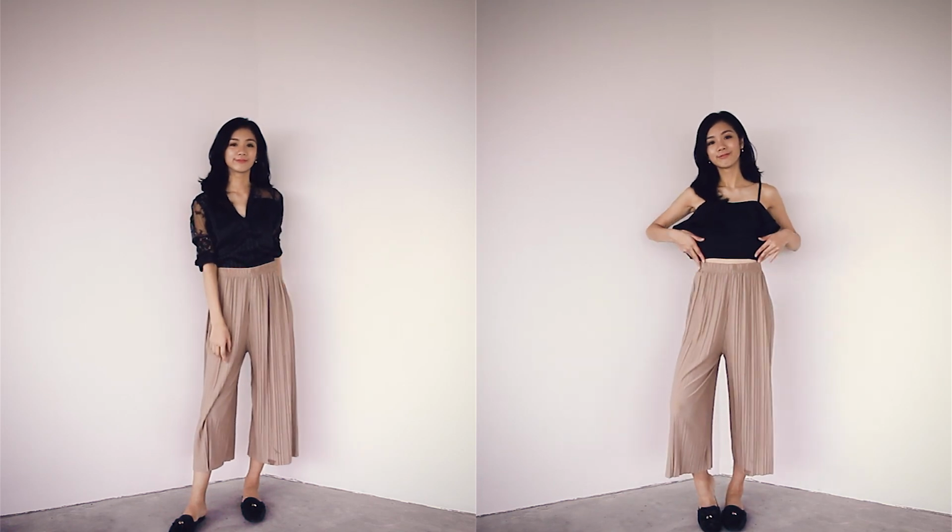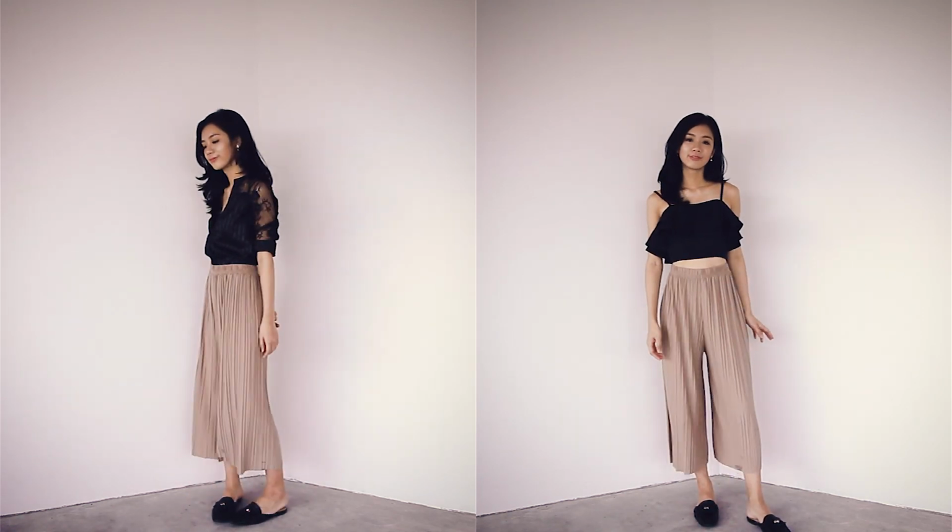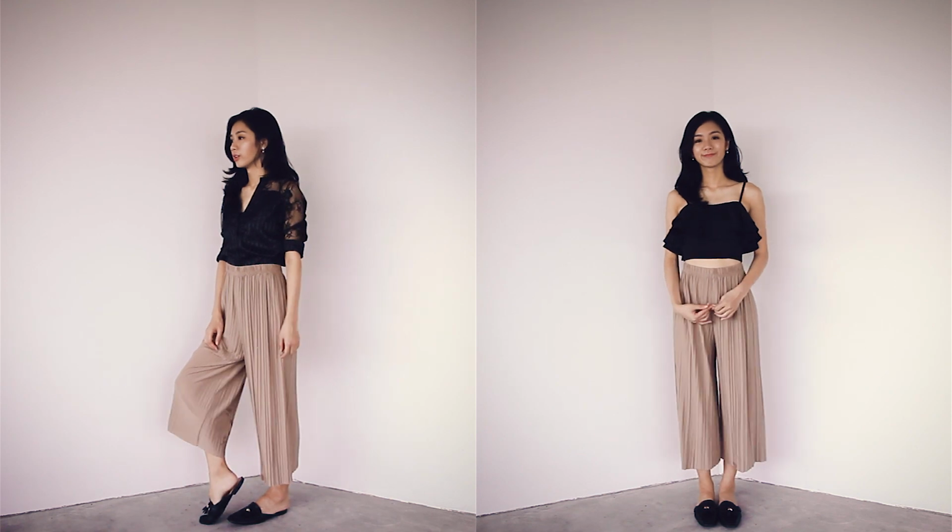So next, what can I do to increase my height? You just have to wear a crop top. So this black crop top I have is one of my favorite tops because it fits very nicely with my waist,